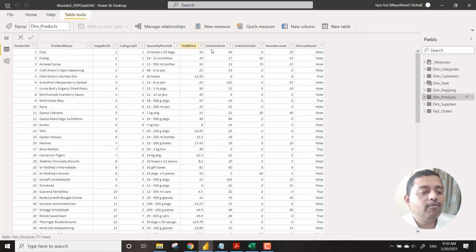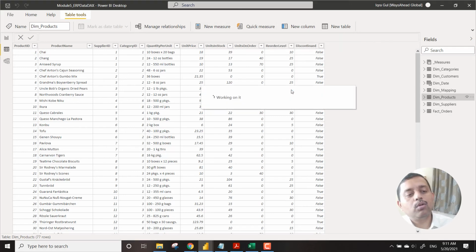So suppose I have price, stock, and a discontinued column over here, where true means the product is discontinued. Similarly, I want to create another column for unit stock, saying whether a product is available or not. How will you create that? If the units in stock is greater than 0, then the stock is there, it's available. So now I don't require a measure, I would require a column. So I go to new column